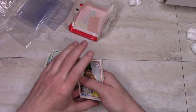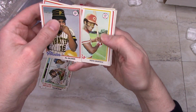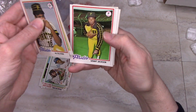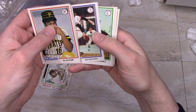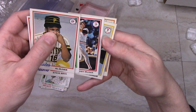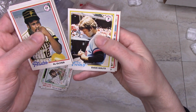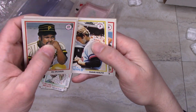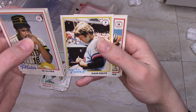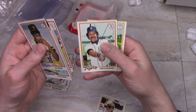So, was that 80 bucks worth? No. But it was kind of fun to break open some old things like that. I have to look carefully to see whether any of these are worth grading as commons. If you get a common in PSA 10, it can be worth it. I don't know that any of these are. That one's pretty well centered. But